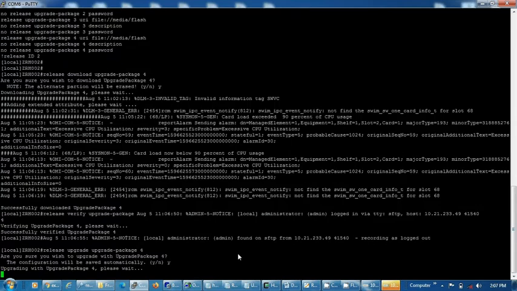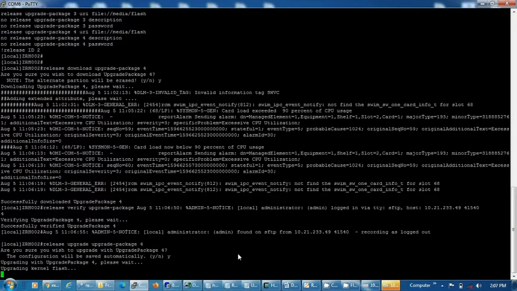It asks me for yes, and I press yes, and now it will start the upgrading procedure. It will write flash and FPGAs and everything, and then in the end it will restart. After the restart, it will hopefully be running the new software, which is R13B.